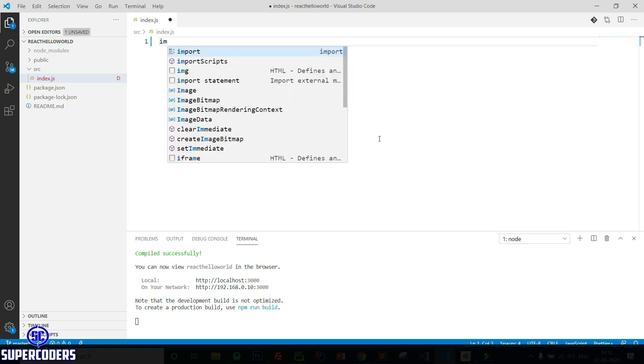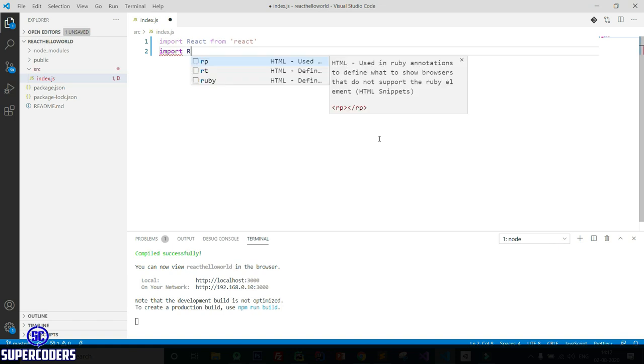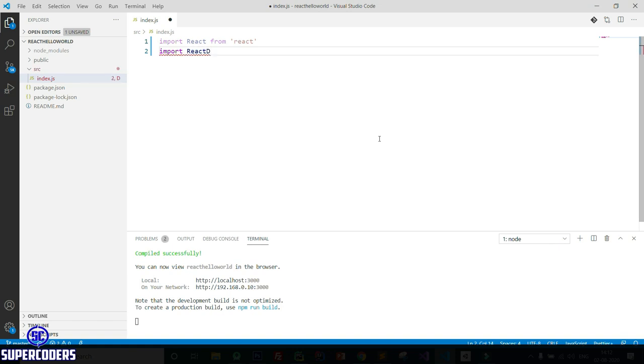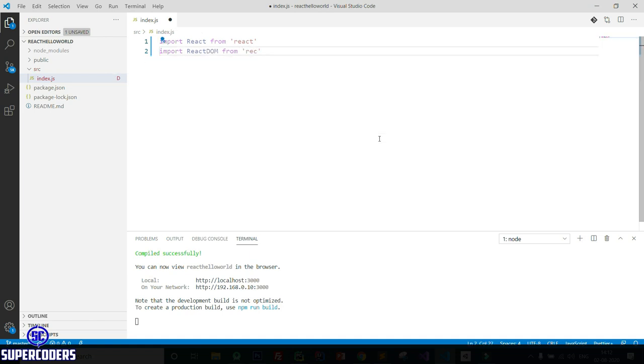So import React from 'react'. Then import ReactDOM. So import ReactDOM from 'react-dom'.